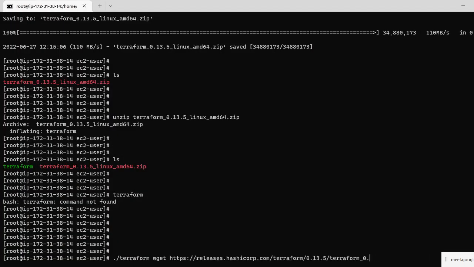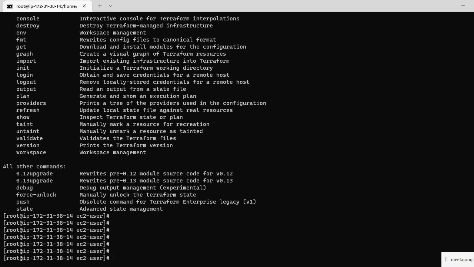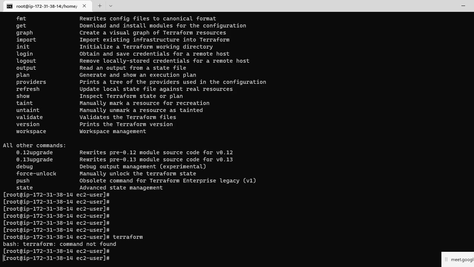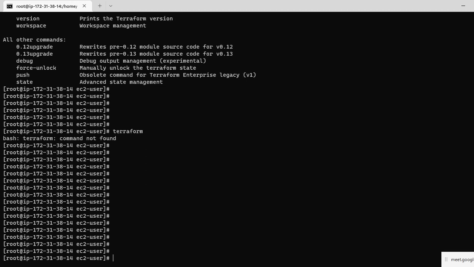Just remove this, and now give terraform. Okay, still the command is not found.